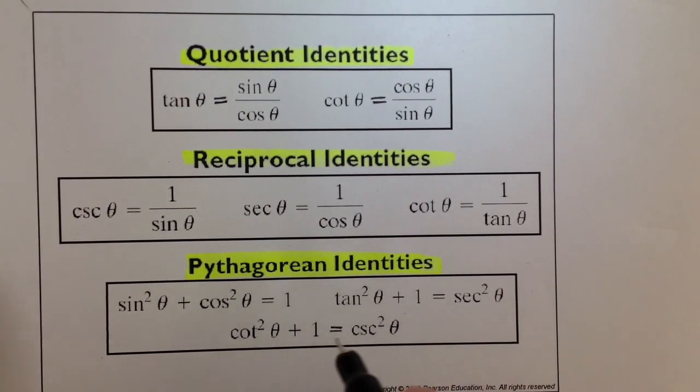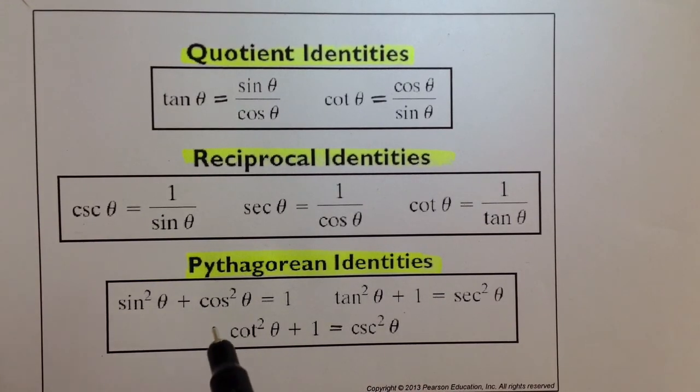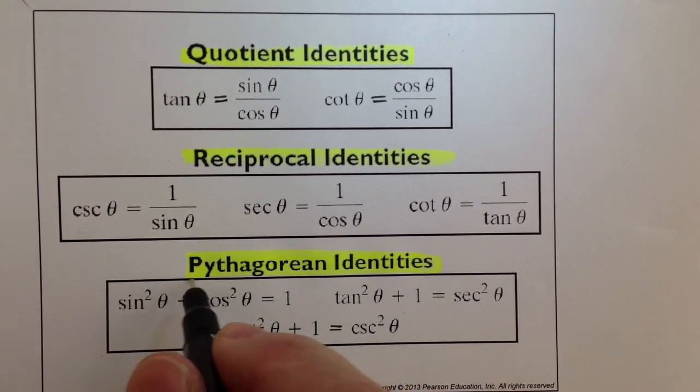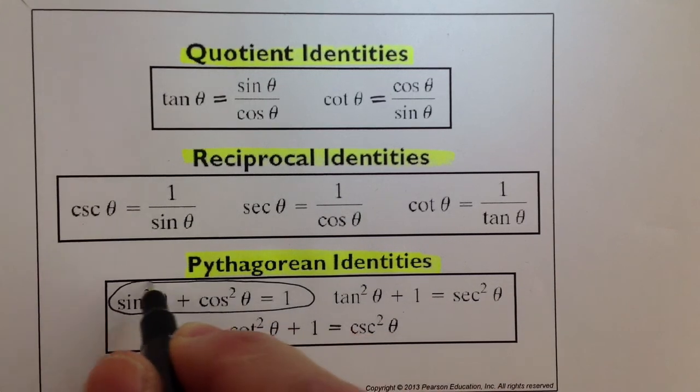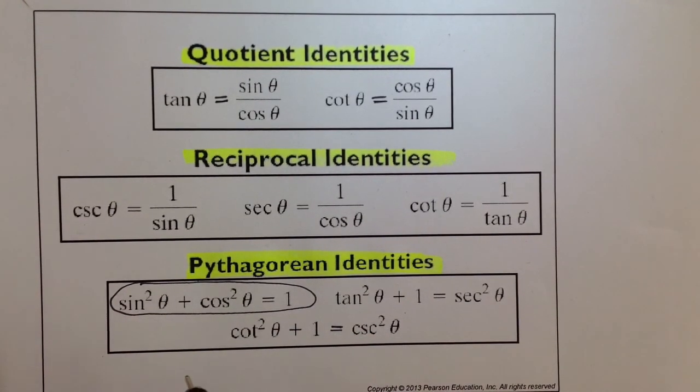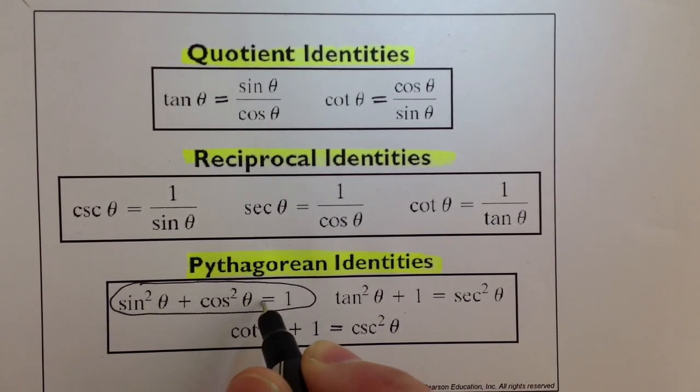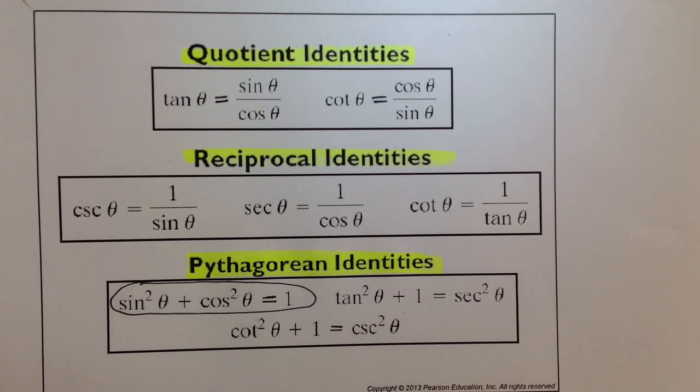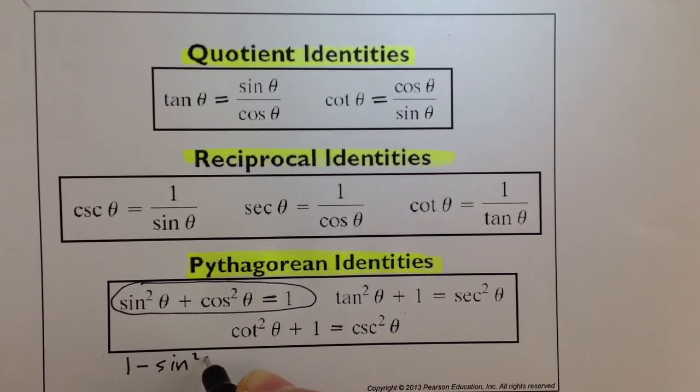One thing I would like to point out that you should really be ready for is when you see not just sine squared plus cosine squared. Whenever you see that, usually that's a trigger that we're going to just substitute 1 for that. But also, when you subtract sine squared from both sides, you're going to see 1 minus sine squared,